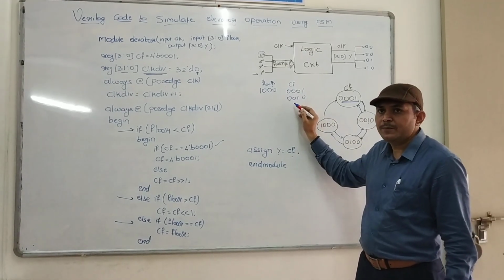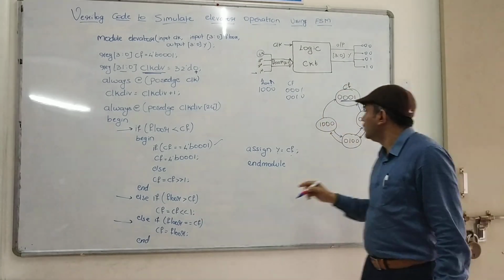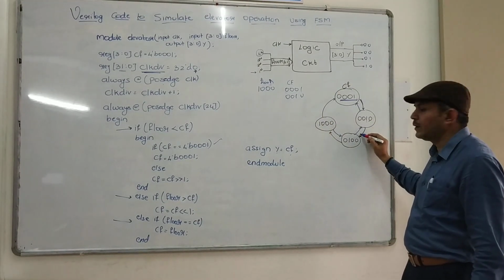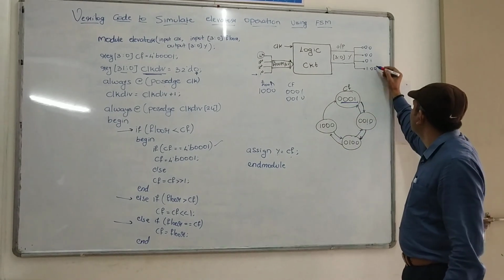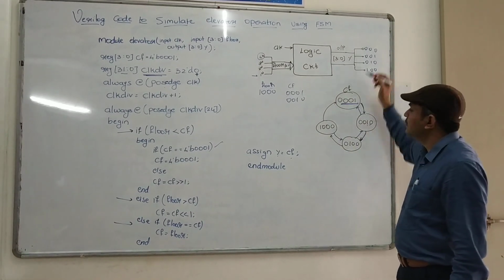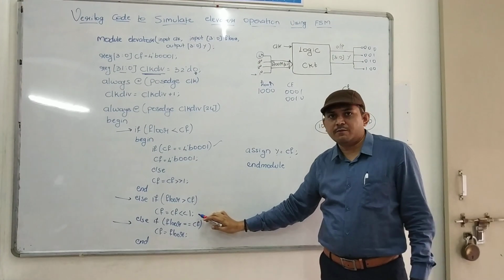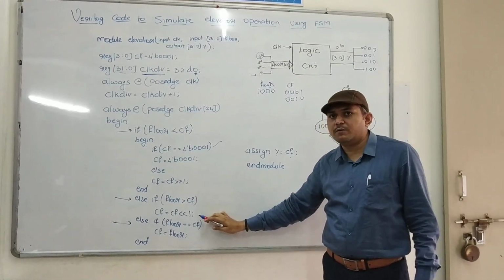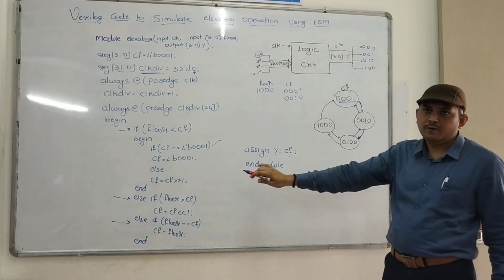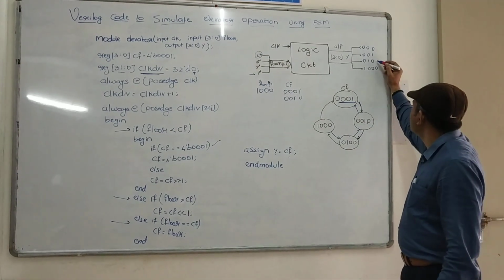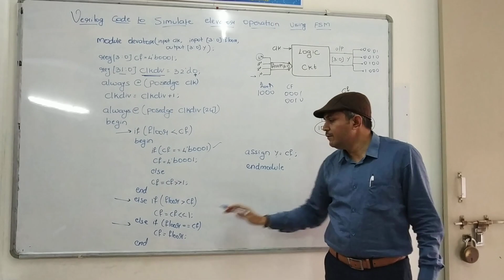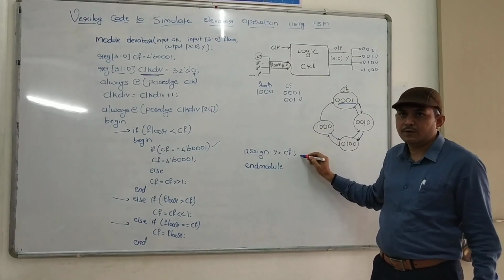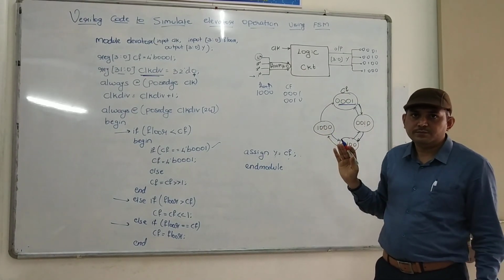So what will it do? Again it will shift left. So again we will move from here to here, and again we will assign. So this will be 0, 0, 1, 0. Again, floor and current floor are still not equal, so it will shift one more time. Now it will be 0, 0, 0, 0, 1. Now it is equal, so we will assign it. Okay, so this is one scenario.